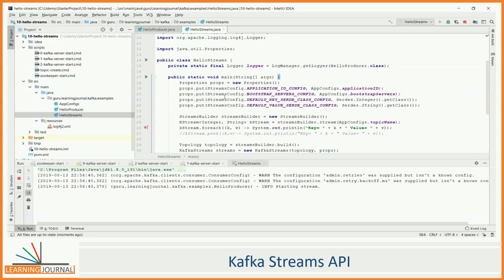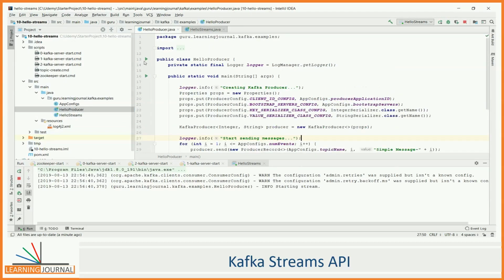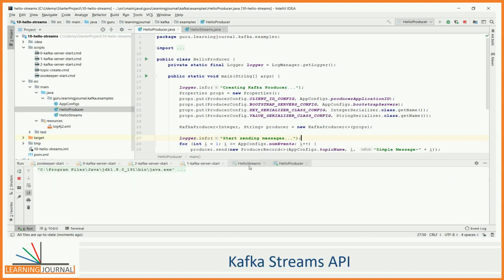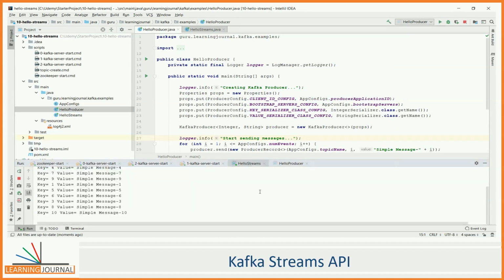Not doing yet because we do not have anything coming to the topic. So let me start my producer. Great. Now we can see something. The key and the value being printed here. Nice and simple, isn't it?